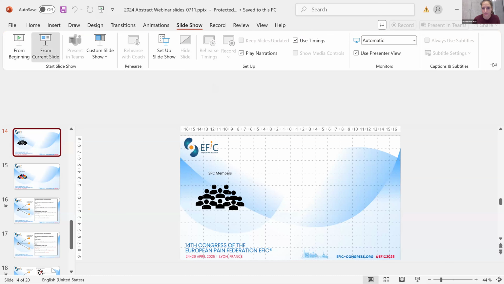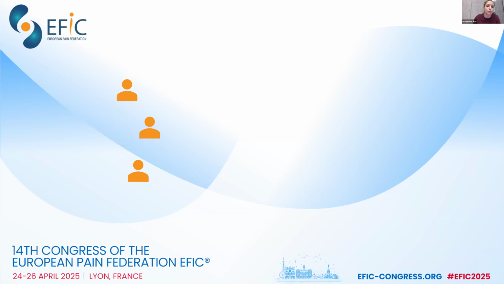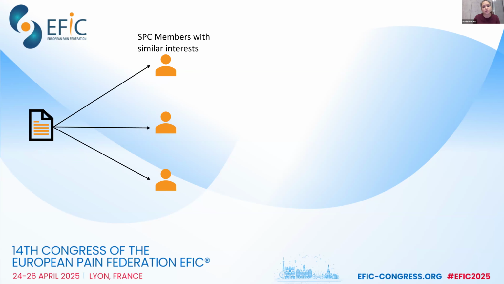Okay. So next, I would like to give you a little overview of what happens with your abstract as soon as we receive it. In short, I will just give you an overview of how this review process works. And I hope this will help you a bit to shape your abstract. We, as the Scientific Program Committee, of course, all come with different backgrounds and different interests. And when we receive your abstract, it will be forwarded to three to four different reviewers who all have a similar interest in what you are looking at.